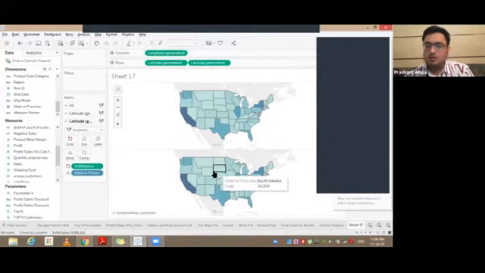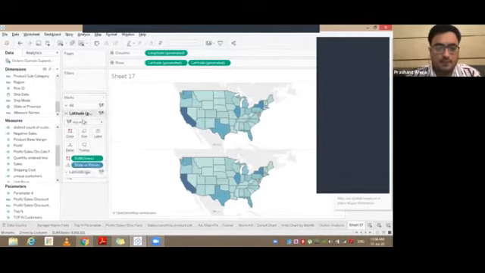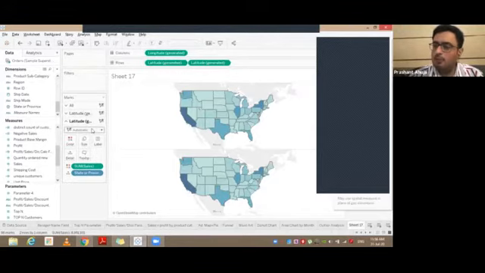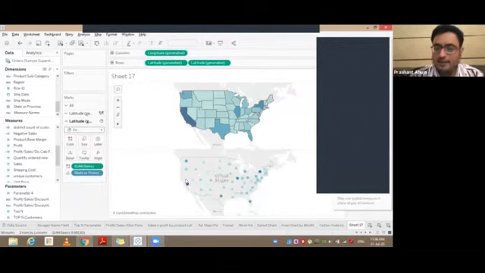Now, why I'm doing this? What I'll do is I'll create certain things here and duplicate this and overlap this on this, so that there's one chart which gives us both the values together. So if I go to the second one, if I go to the automatic tab and choose pie here, you'll see the pies, small circles coming. Now, why is the circle coming?